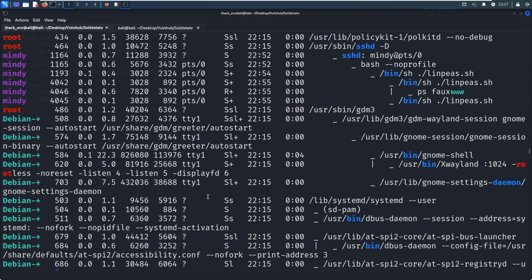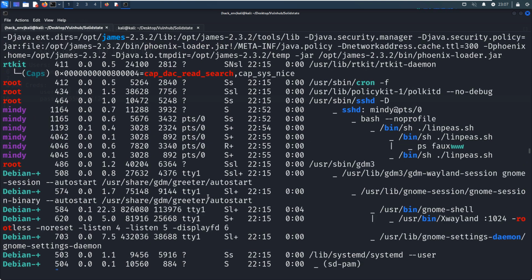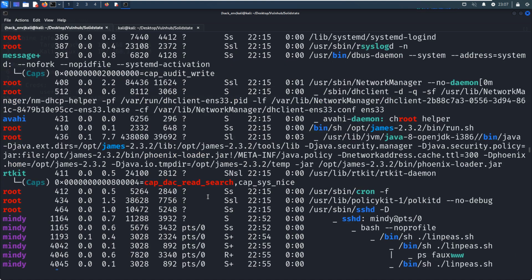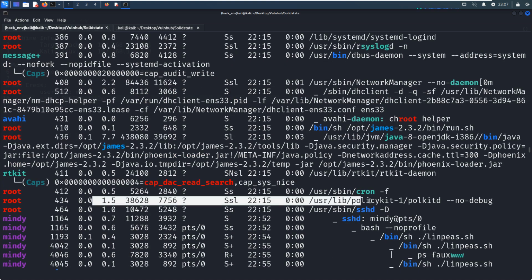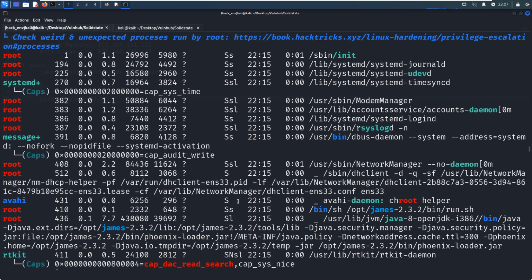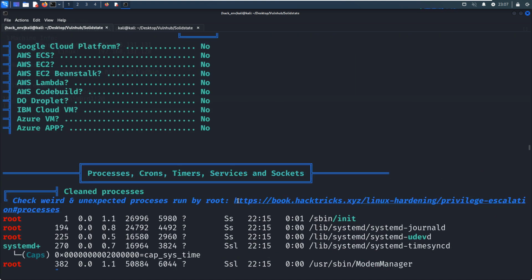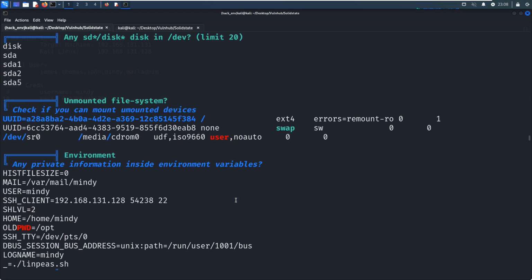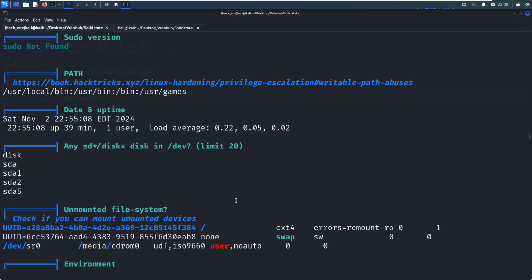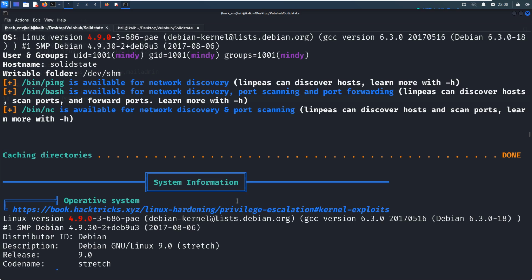I think we need to look for the processes which are owned by the super user or root user, but there are no such processes. And also some local exploits, but as I mentioned earlier, I will not use a kernel exploit for this video.